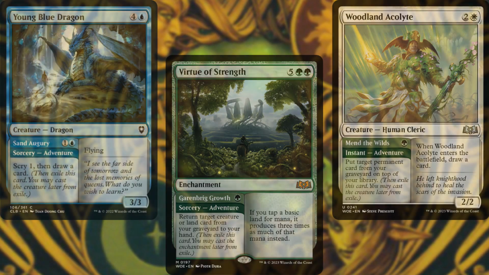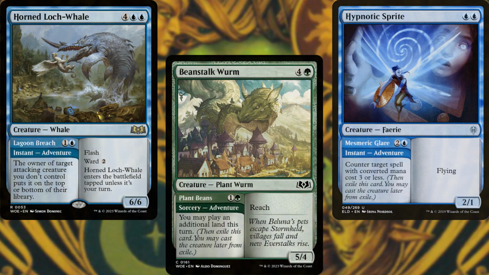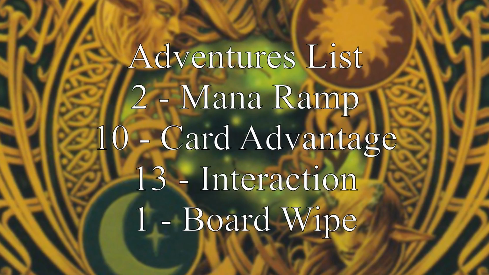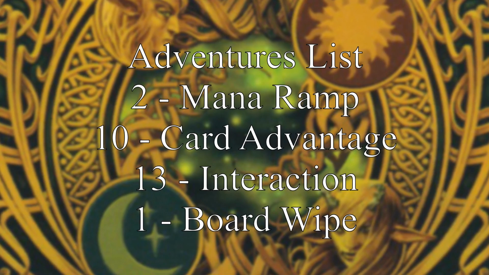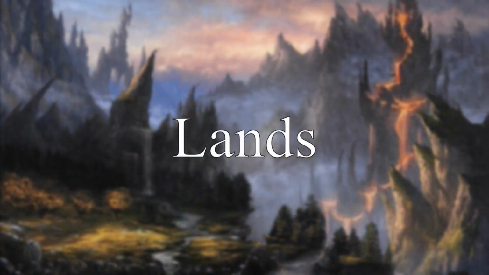Now, I'm not going to go through each of the instants and sorceries attached to those cards, but I will summarize them so we'll know what we need to try to add to the deck. We currently have 2 pieces of mana ramp, 10 pieces of card advantage, 13 pieces of interaction, and 1 board wipe. So the first thing we'll want to add to the deck is